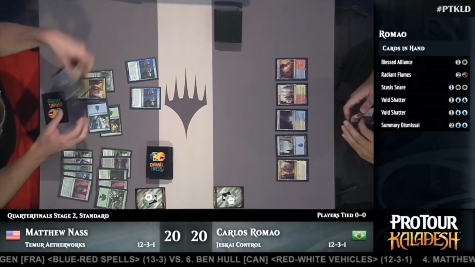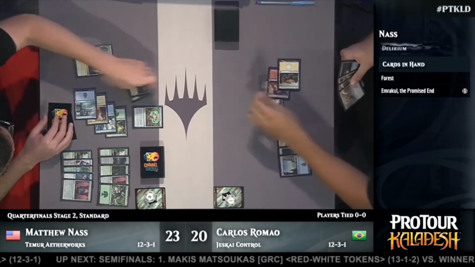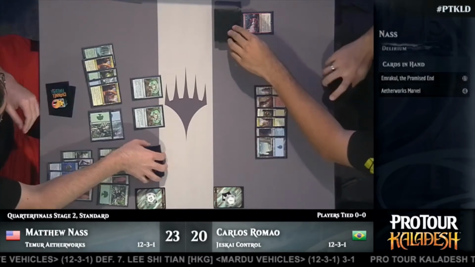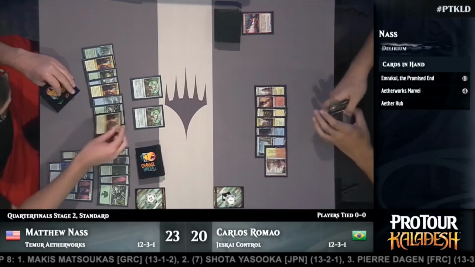The first Crane missed and the second only found a Woodweaver's Puzzle Knot, and both get cleaned up by Radiant Flames. Matt draws a Marvel, but sits knowing it's not likely to resolve right now, looking to use Emrakul first to potentially clear the way,